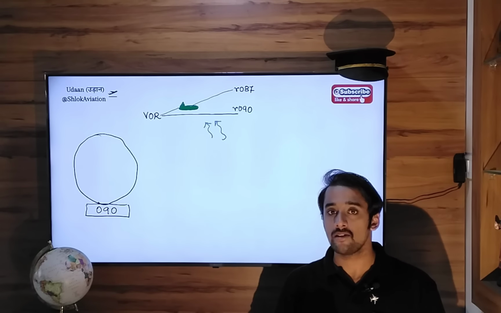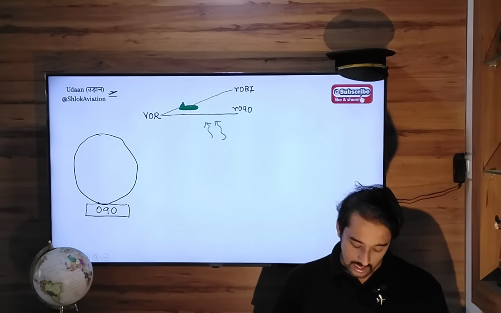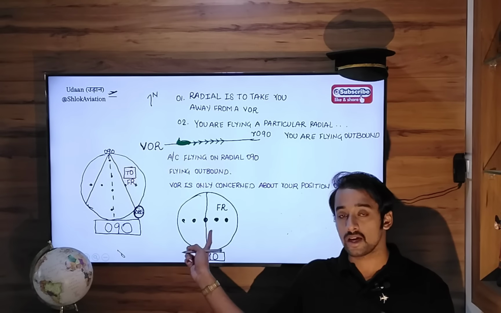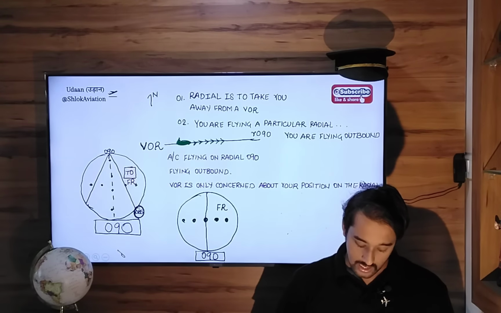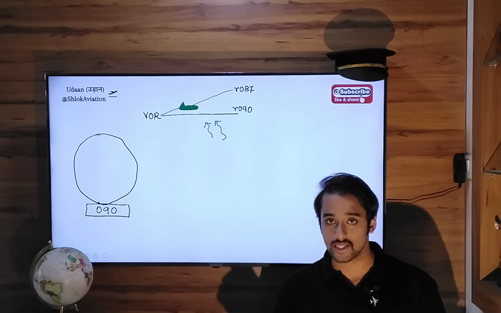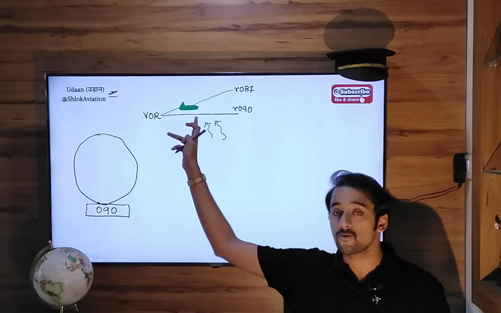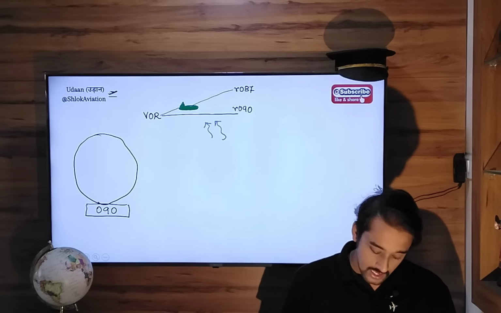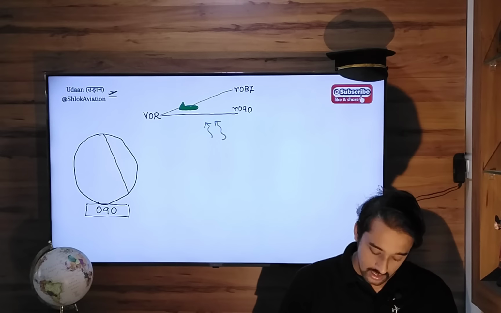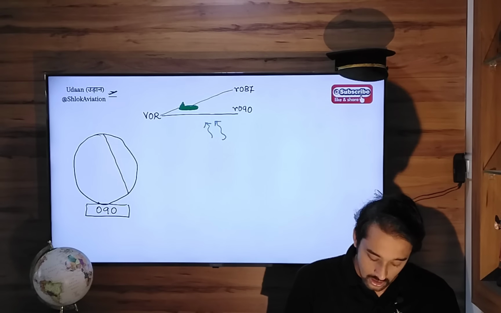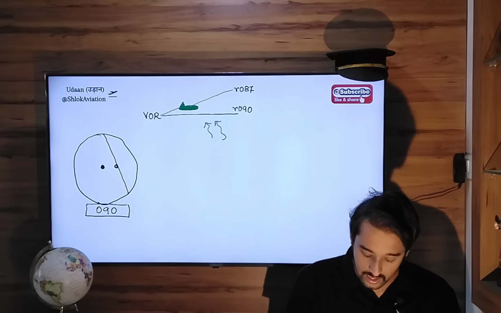Now the CDI needle will not remain in the center like here, because here it was in the center since we were correctly established on 090. Here the CDI needle will move to the right hand side. The aeroplane has moved to the left hand side, and as a result the CDI needle will move to the right hand side,